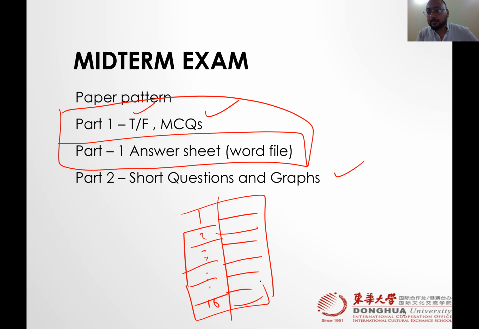All you have to do is write on your computer: this is true, you write true. This is false, you write false. That's it. You can type, or you can use a lead pencil, or you can take a paper in front of you and fill it out. And then